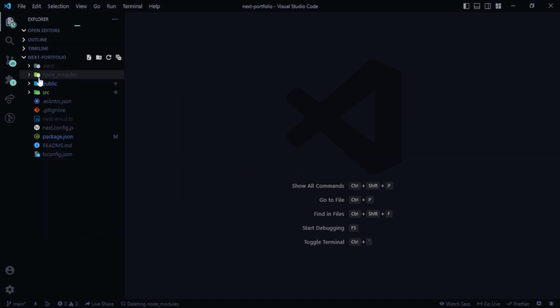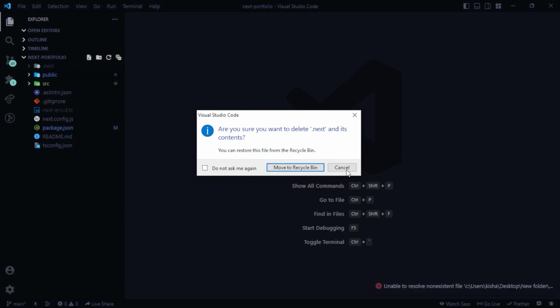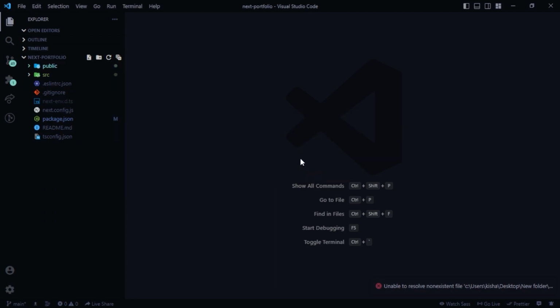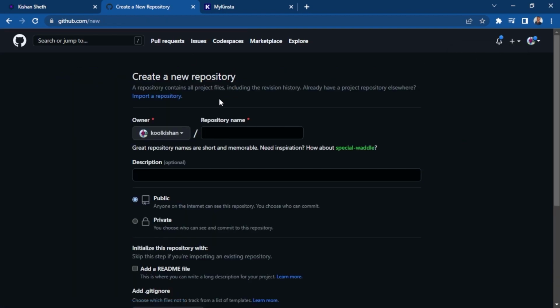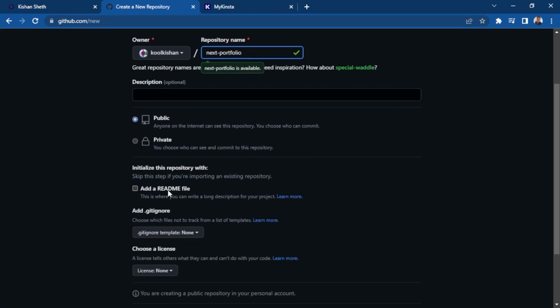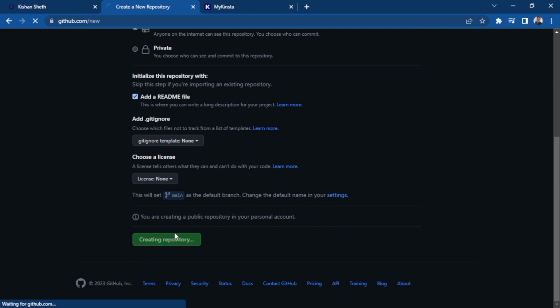Delete those. This may take time. Make sure it is deleted. Then we don't need this .next. Go to recycle bin, and that's it. Delete all of these files, and now I'll head over to my GitHub, create a new repository. This is going to be Next Portfolio, and I'm going to add a README file, create the repository,